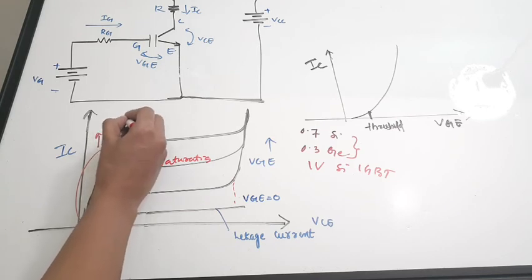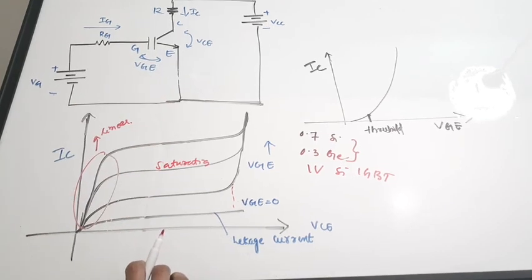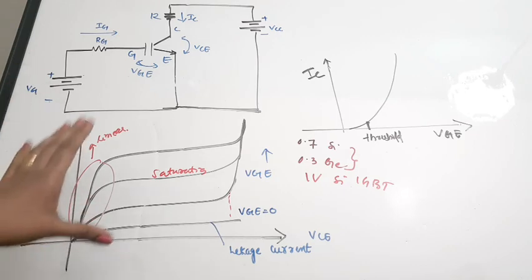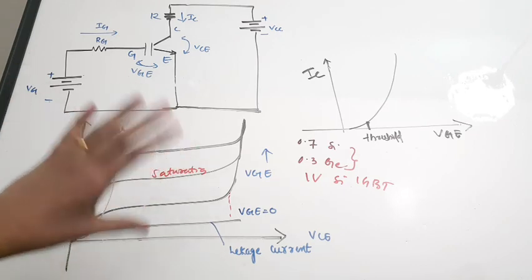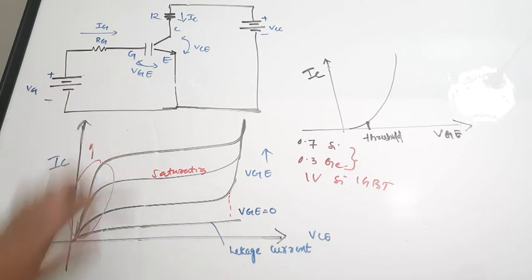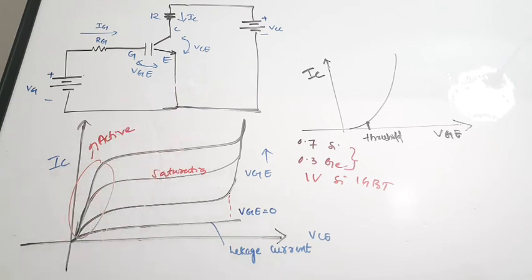So this is just like the case of a normal BJT. That's why, while explaining the introduction, I told you that the output characteristic of an IGBT is very similar to that of a BJT. In BJT also you can see there is a linear region or an active region, linear or active region. Okay, so this region is called the active region, which is linear.